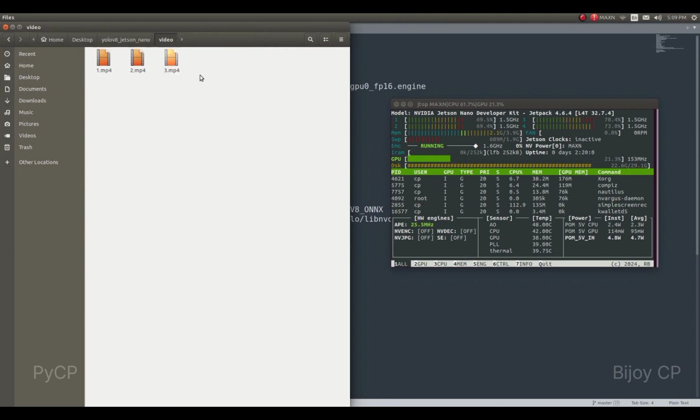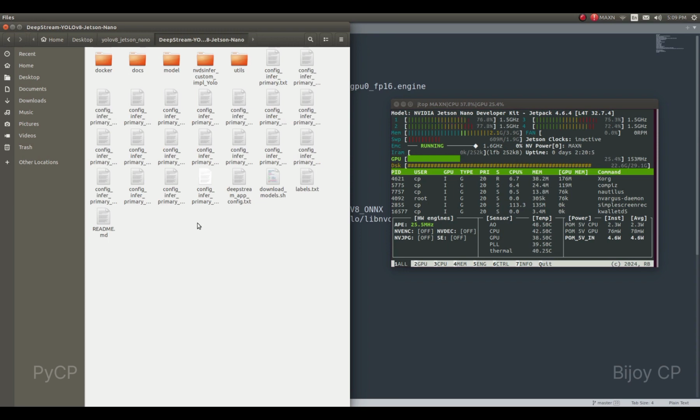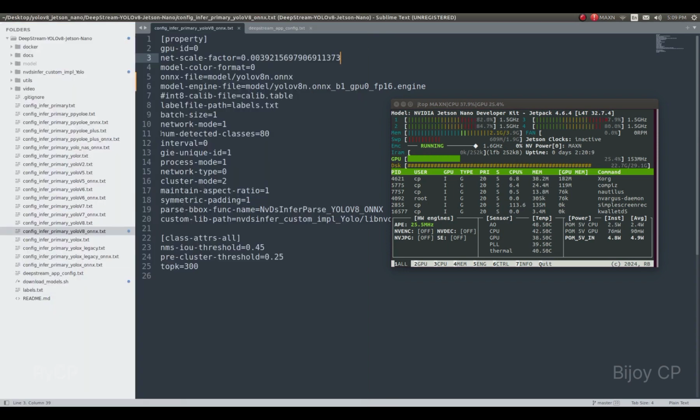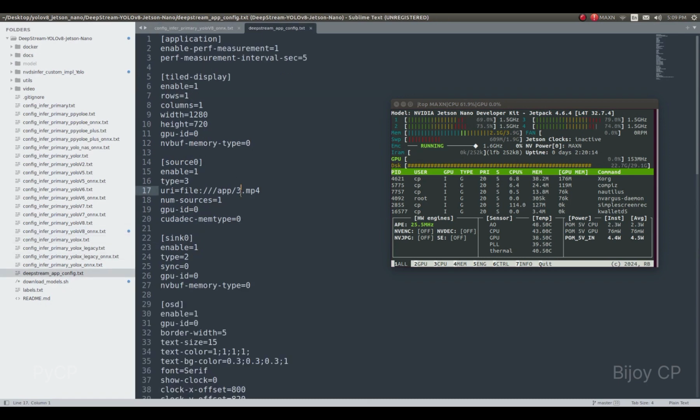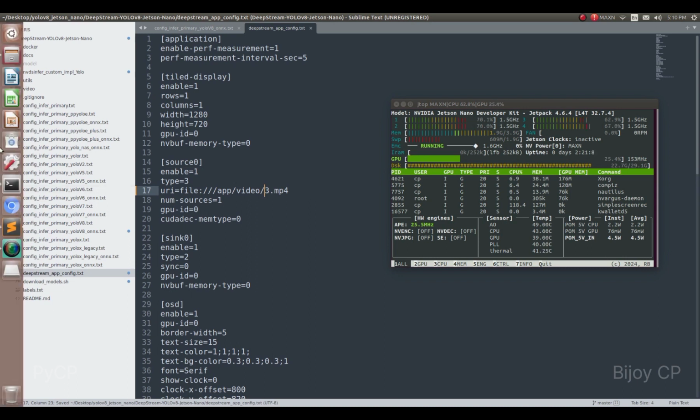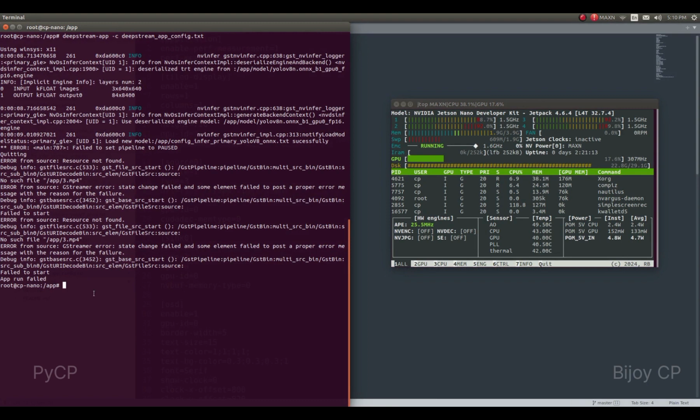Copy the videos you need to process into the directory. Now you need to add the file path into deepstream_app_config.txt. Source URI is equal to your file path. Now run the app.